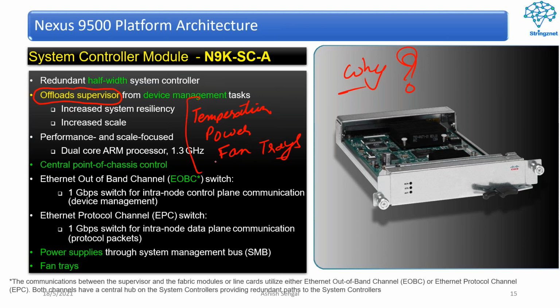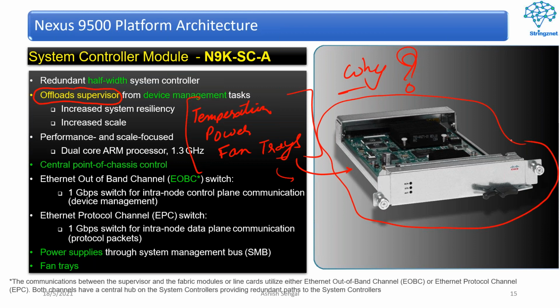Guys, these are the functions the supervisor engine believes it can easily offload, these less important functions which are not contributing to the data plane or control plane, right? These are non-data plane and control plane functions. Why not offload these functions to a separate card? And yes, in this particular chassis, the 9500 series chassis, Cisco offloaded less important non-control plane based functions to a separate card